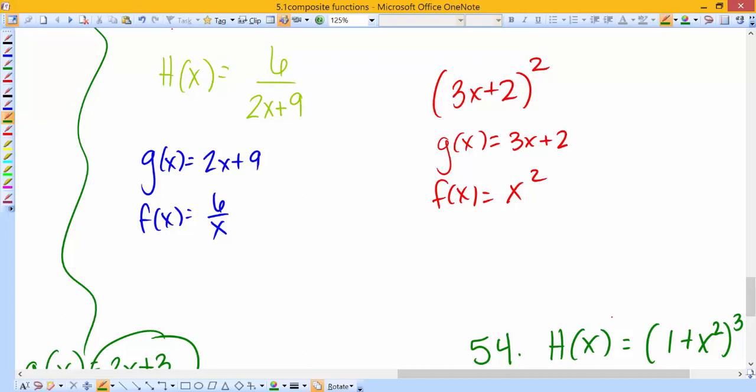And then I have a couple more here that you guys can look at and see if you can figure out. And if you need help with anything else, make sure you write those notes down